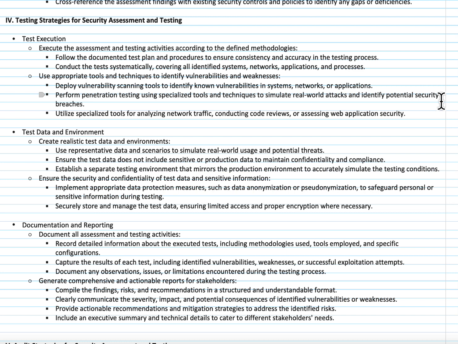You also need to create realistic test data and the overall environments. What does that mean? It means you may have a situation where you have to decide whether you're going to test in the business network itself. Are you just going to plug your scanner into a port and start scanning? Or are you going to pull this system aside in a controlled room and scan it specifically for the vulnerabilities that are in it? Depending upon what you're looking for, each of those has its own need.